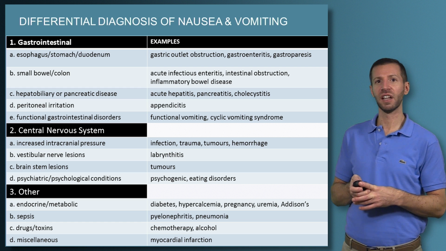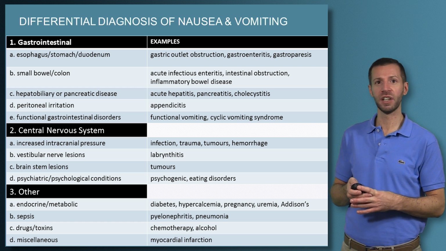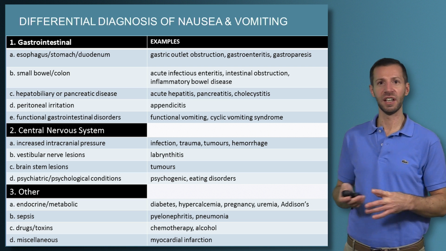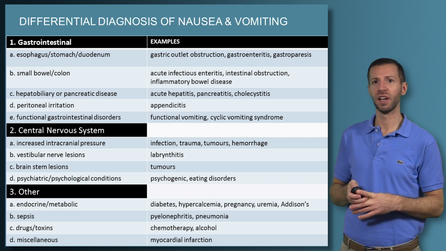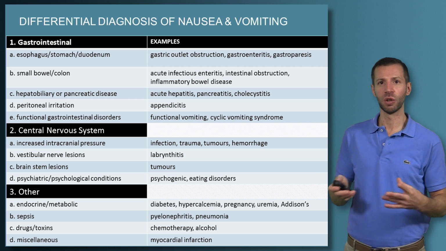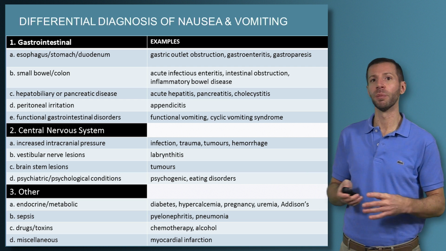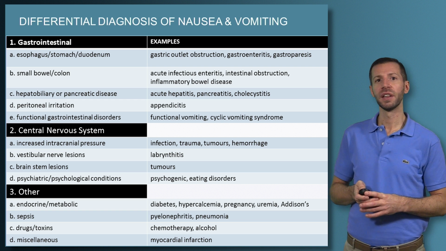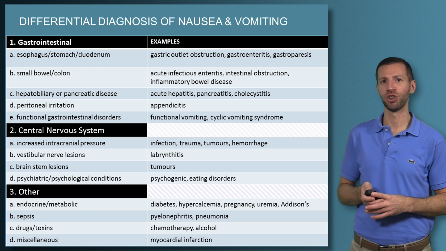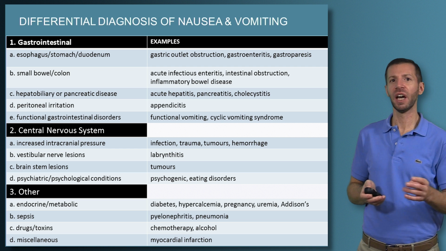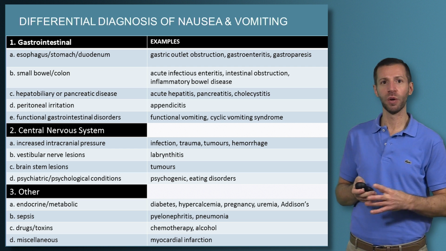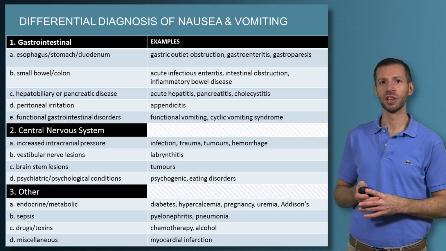And then there's various things that likely contribute to vomiting via the cortex, and these are more psychiatric or psychological conditions, such as anxiety states, and people with eating disorders as well, which are obviously complex disorders that you'll learn more about during your psychiatry and pediatric learning. Then there's just a grab bag category that is labeled as other. And I really highlighted here what I think are the more important and the more common categories, which again is really mimicking what's also with the Medical Council of Canada.